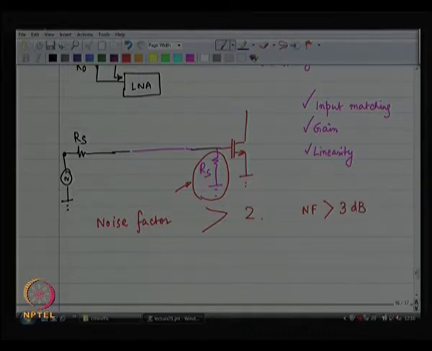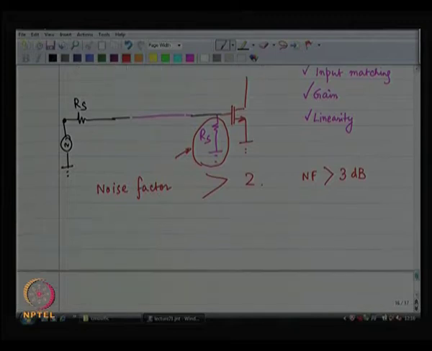Now, in the world of low noise amplifiers, a noise figure of 3 dB is not competitive. Okay. Every 0.1 dB of noise figure counts, all right. And if you produce a low noise amplifier of noise figure 3 dB, people are going to laugh at you, right. Every 0.1 dB of noise figure is very, very important. So, this is just not good enough, this is not going to make it to production. Your boss is going to laugh at you if you make this circuit,